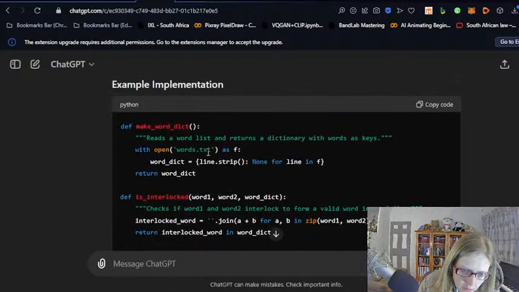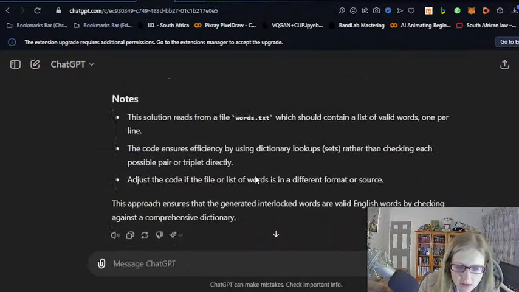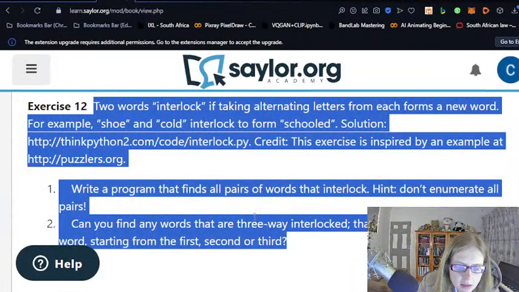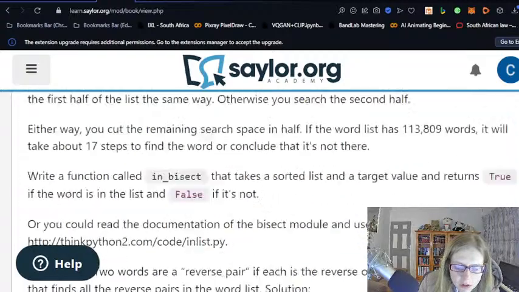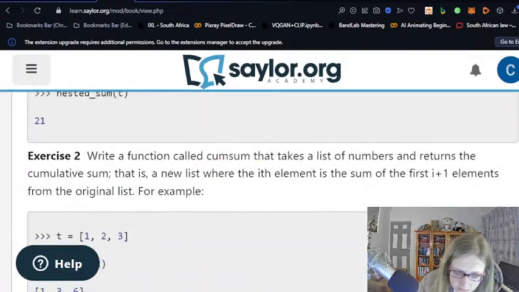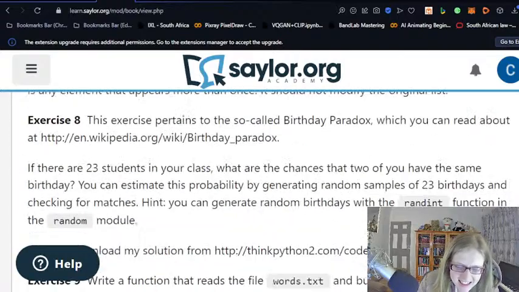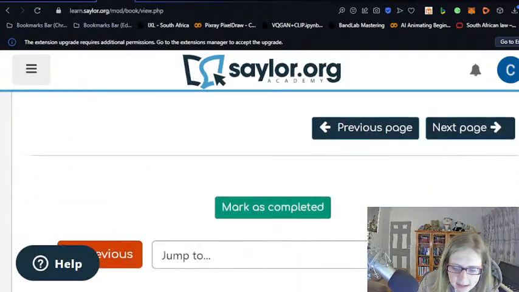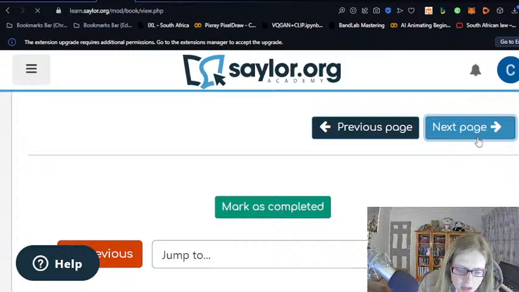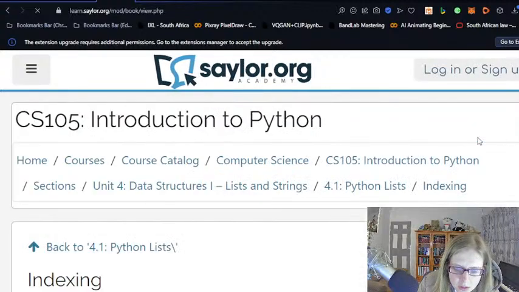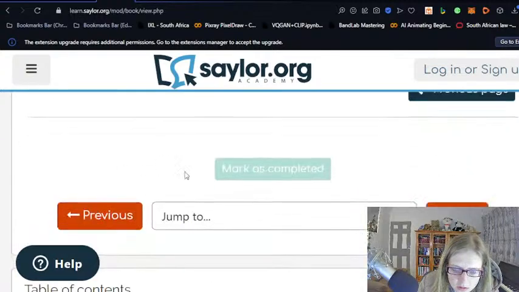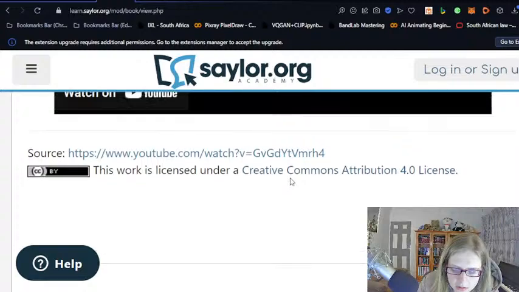So with open words text as f, no, this looks a bit out of our league. I think you'll agree with me. Some of these are not for the faint-hearted. Some of these exercises don't seem to be all of them for beginners, which is not a bad thing. It's good to challenge ourselves. I'm not going to get hung up on it though, which means we are